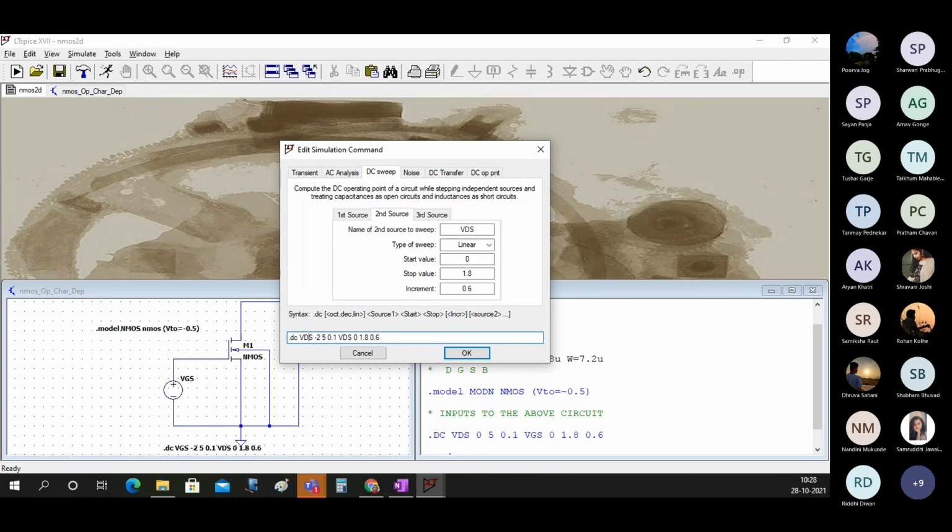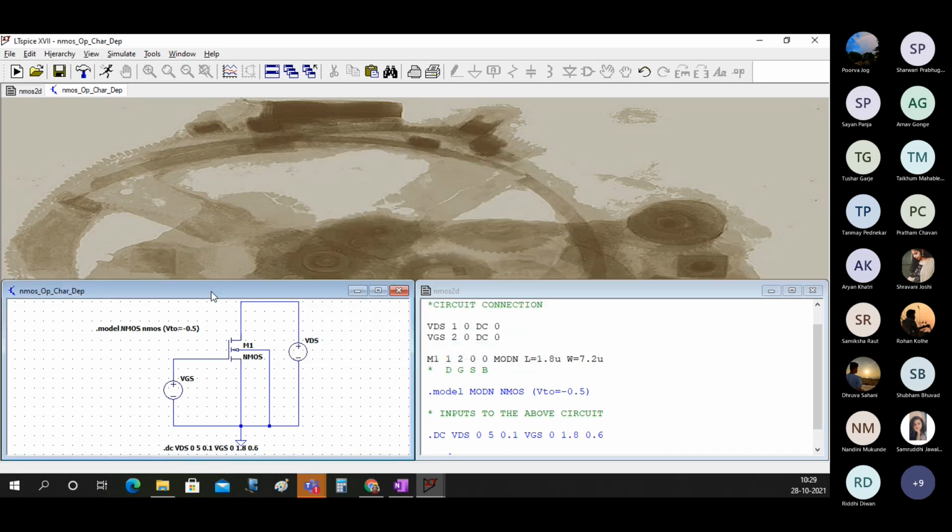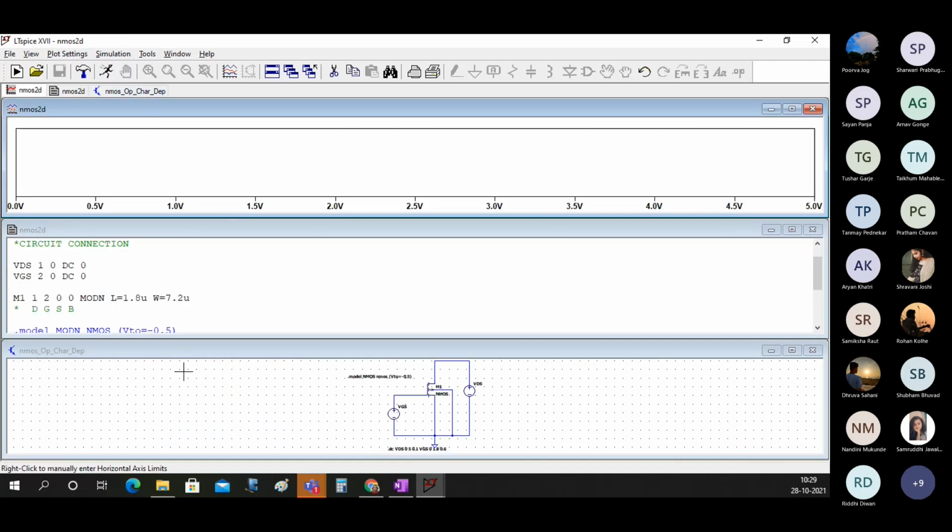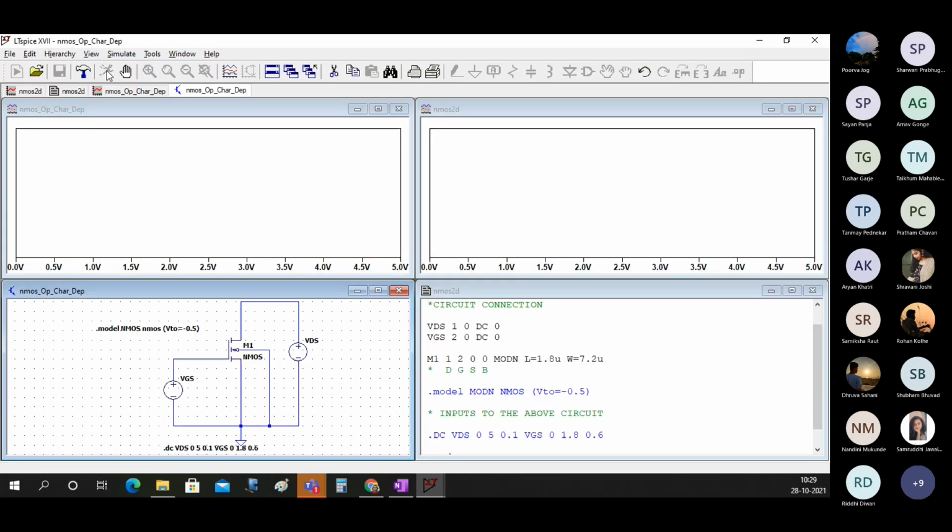This will be VDS, VGS, 0 to 5. And say OK. Now we can simulate this, and we can simulate this circuit as well. You can see both the VDS are the same.